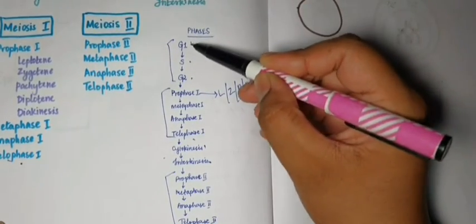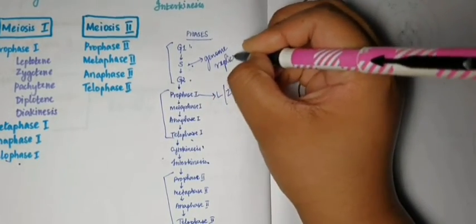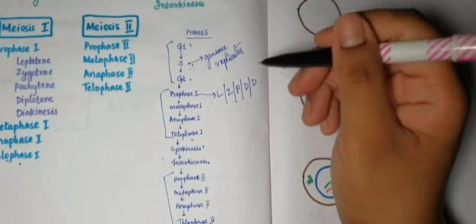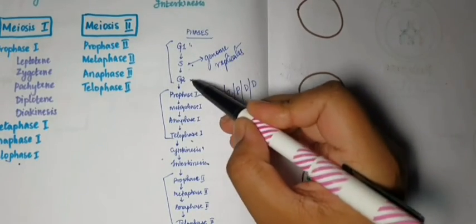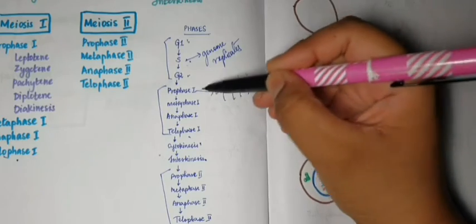So, quick recap. The cell enters interphase, G1, and then it goes to S phase. S phase is where the genome replicates. So there is duplication of the centrosome, and the amount of genetic material is also replicated. Then the cell enters G2 or the second gap phase. Then the cell enters meiosis 1. Meiosis 1 starts with prophase 1.